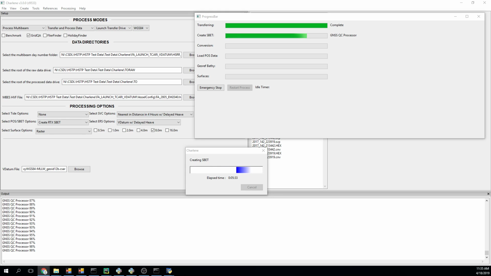So in Charlene 3, as long as it's a solution status gap or an IMU gap, it'll actually do that for you. So the way it's set up now, you very well might get multiple SBETs out of a single Charlene process, and it's just splitting that gap. So I just automated that whole routine. You won't see it in this one because I've run this data set a bunch of times. There aren't any problems here, but